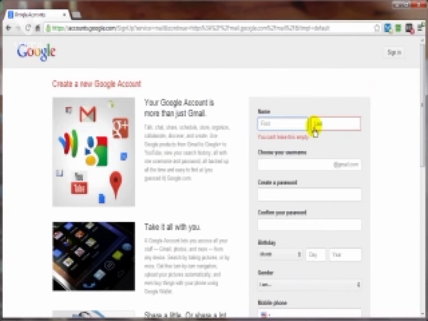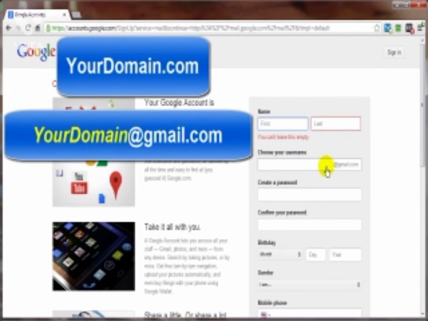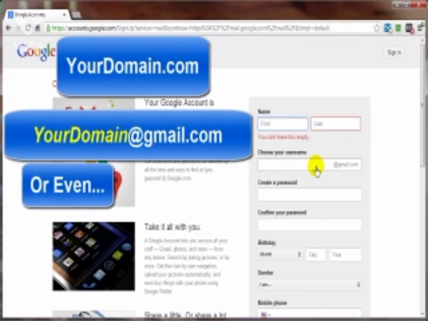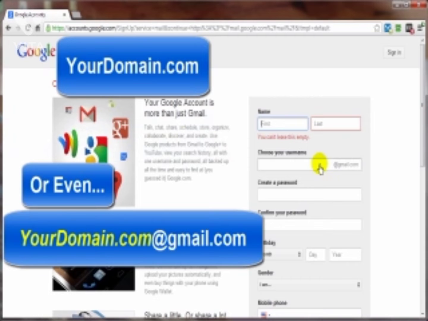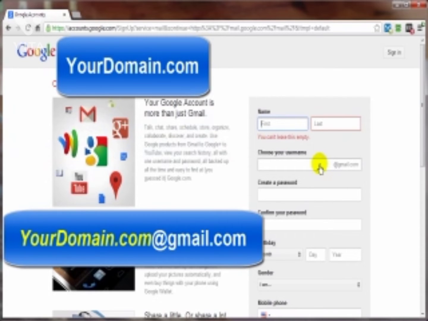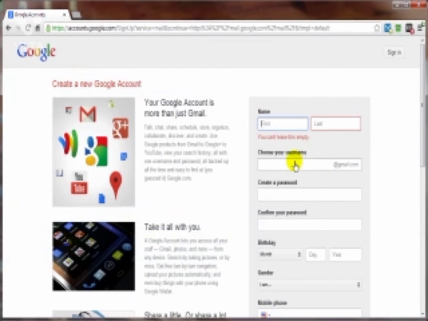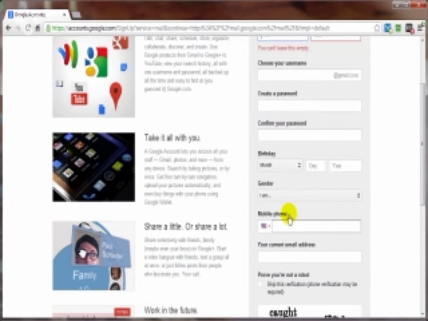So we need to enter our name first and last, choose a username, and one tip here is that if you have a domain name, you may want to try putting that domain name in here. So you have a Gmail account that can be used in conjunction with your domain name and email accounts with your domain name. Then we just throw in the password, confirm the password, put in your birthday, month, day, and year,